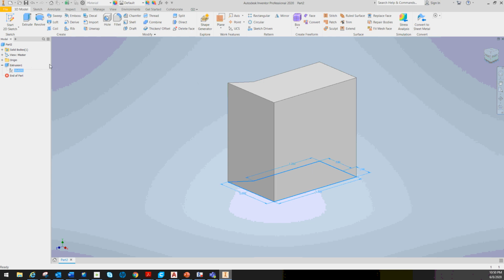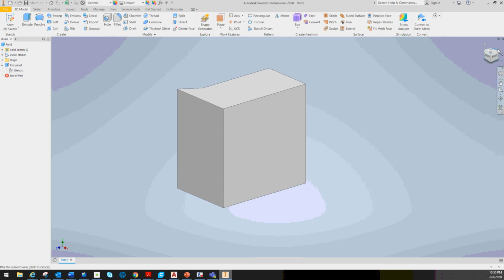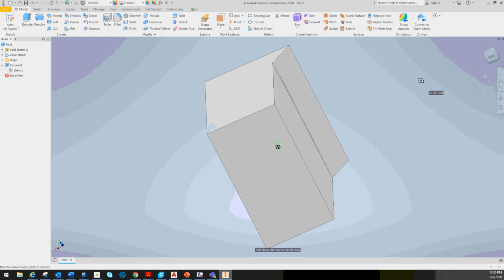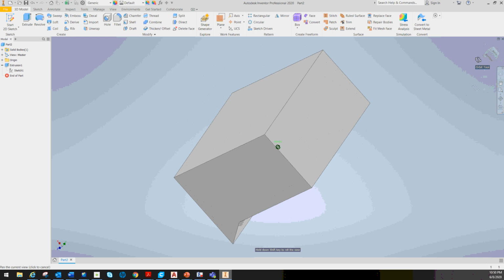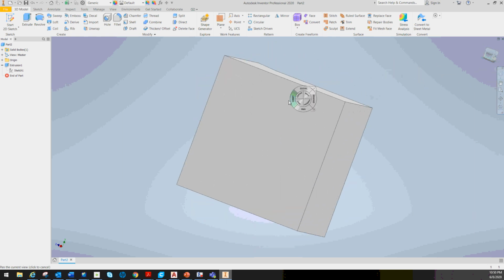Okay, let's now look at playing around with this object. Once you've made a block, you can start to add things to it. You can also use your view cube over here to rotate around your block if you like. Personally, I really like clicking on this little button here and using the orbit to be able to spin it around and look at whatever side of it you want. I'm just going to go on the back side here,